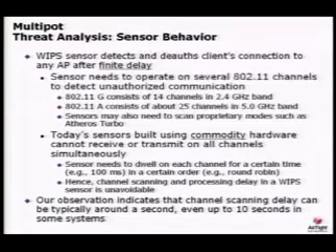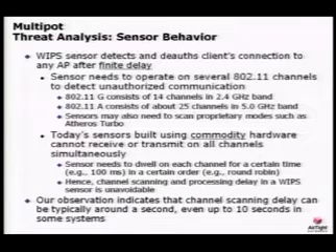As we all know, there are a maximum of 14 channels in the .11G band, and similarly there are about 25 channels in the .11A band. Further, to complicate matters, there are certain proprietary modes such as the Atheros turbo mode, on which the sensors need to scan to comprehensively determine any unauthorized communication in the environment. As a result, the sensor has to spend its time on several channels, the reason being that most of the sensors out there today are built using commodity hardware, and such hardware is not capable of transmitting and receiving on several channels simultaneously.